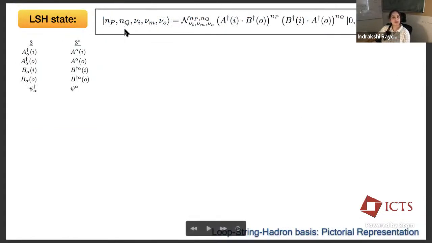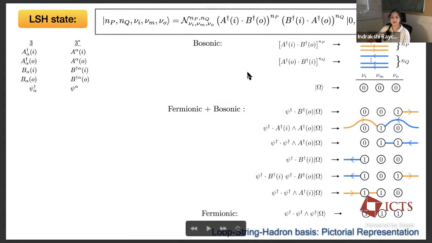So the state that we construct is characterized by 5 quantum numbers. Let's look at what these quantum numbers are. Here is some pictorial representation. Now this A dagger I dot B dagger O is a purely bosonic operator, and that shows a flux flowing along this direction, along the orange lines, arrow with arrow. And the other purely bosonic operator shows the flux along this direction. So we can see that these two are the bosonic quantum numbers that can range from 0 to infinity